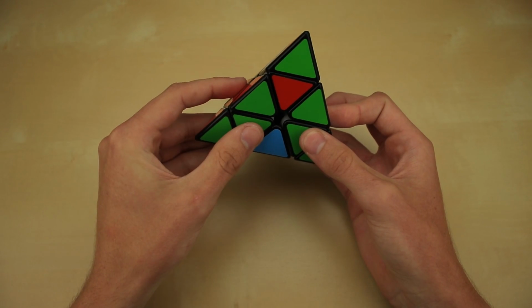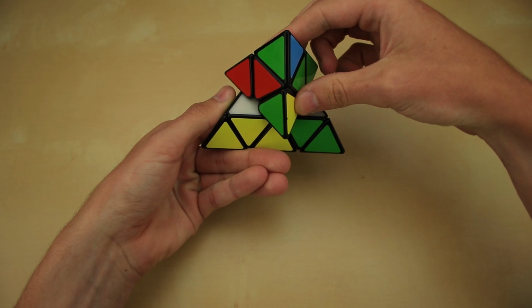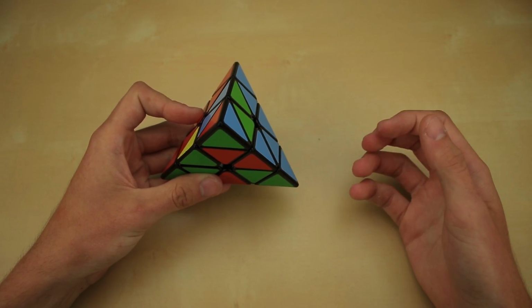In that up move you just did, you continue that on and you actually do a double move. And then you bring the top over like this, and back down. Now that intuitive explanation in this case was actually pretty confusing, so it's easier if you just take a look